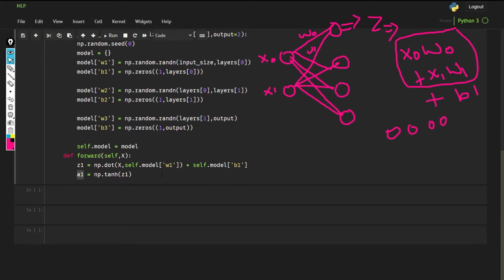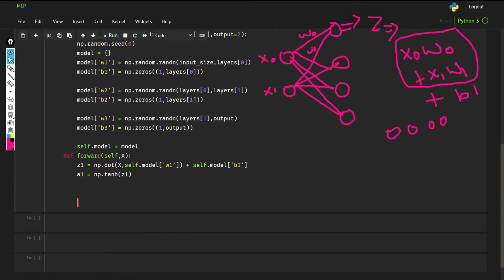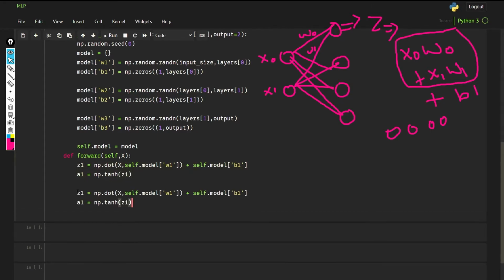Now we need to do something similar to this, so I am going to just copy this and paste. For z2 and a2, I need to multiply a1 with w2 and add b2 for this z.